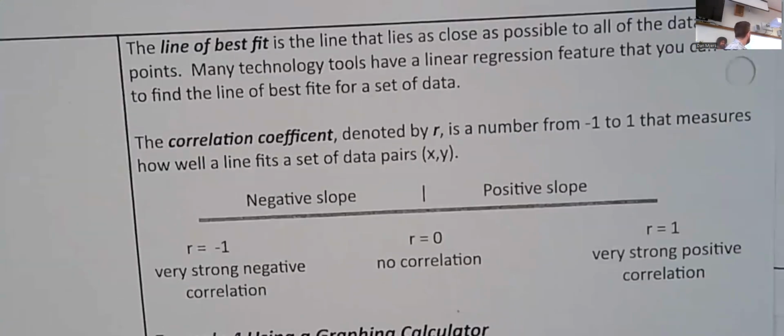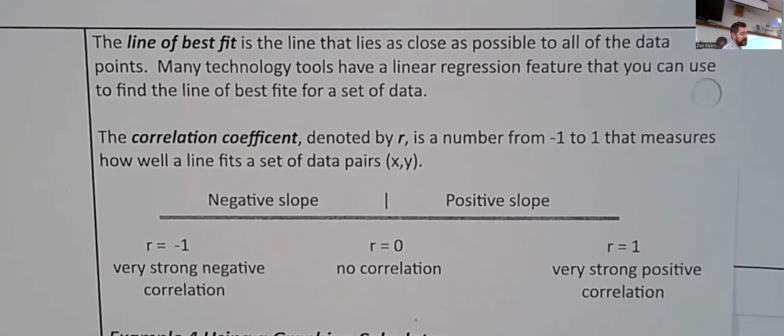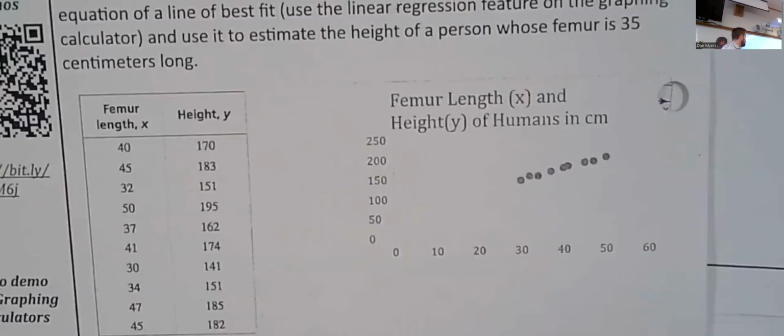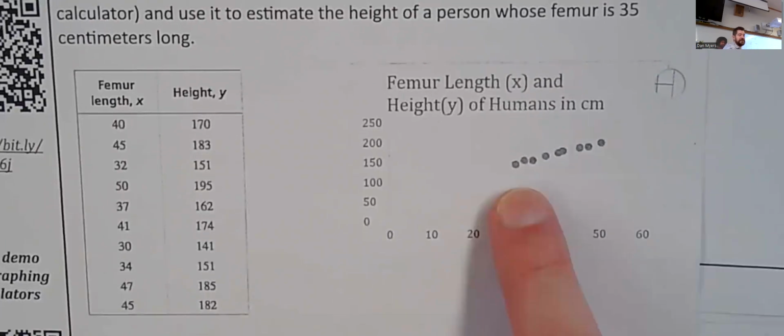Line of best fit, basically, if you have a string of information points on a graph that don't quite line up perfectly, there is a way that you can demonstrate the best way to draw a line through those things. A lot of times, you're probably used to just, in Algebra 1 anyway, what we did was, okay, get a ruler, try to line these up as best as you can, and then